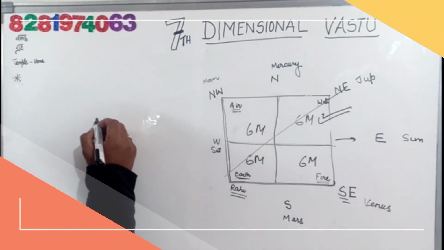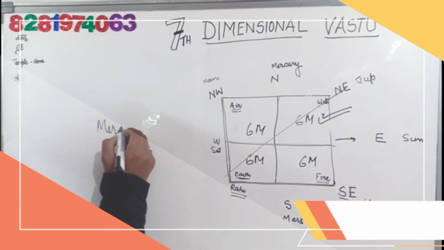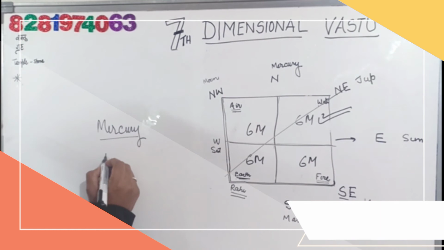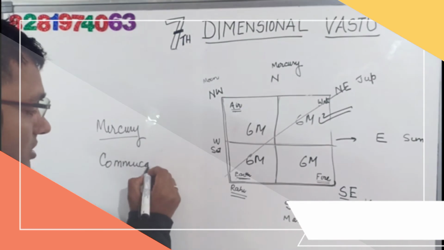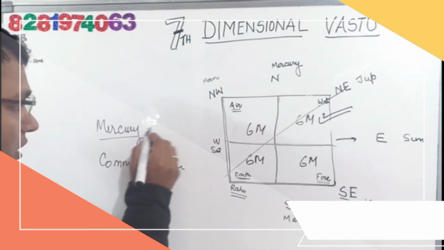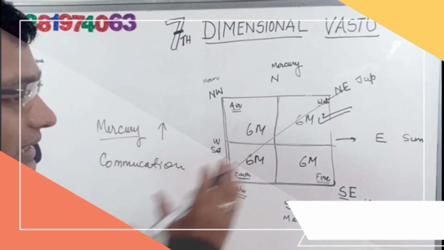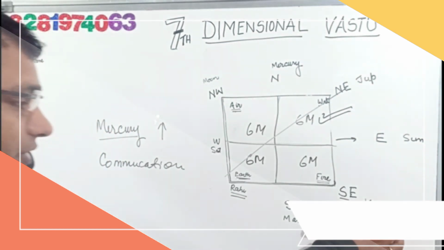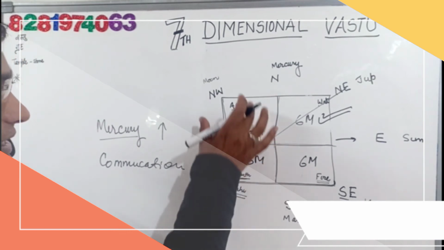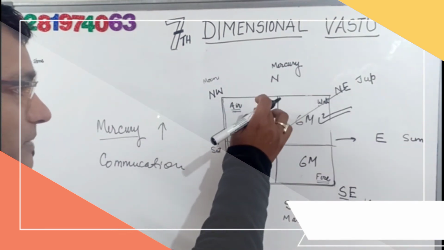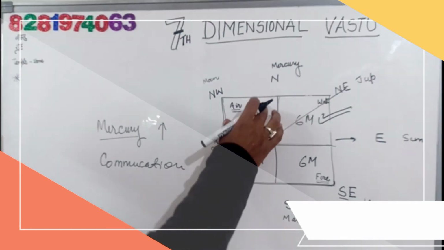What is business? Business actually, you can say, Mercury factor. Mercury means business. It's like communication skill. If you stay six months here, your communication, your Mercury will be stronger. If you want to say astrologically, in this angle your Venus will be activated. If you stay here, your Saturn and Rahu will be activated. If you stay here, Mercury will be more active here. Direction is here, but actually the air element is here.